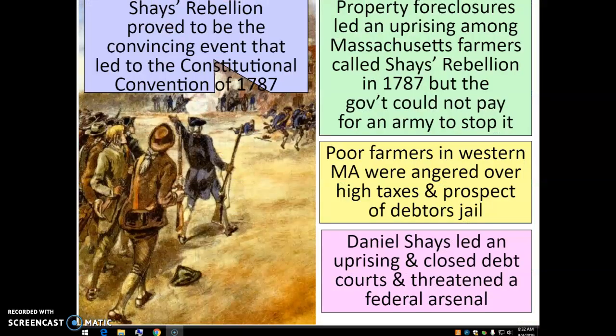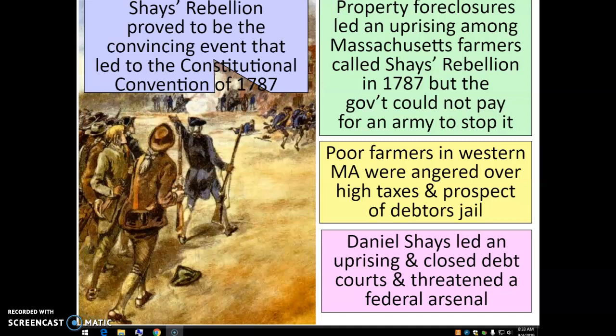And all of these problems are going to come to a true halt when Shays' Rebellion takes place in Massachusetts in 1787. You have a series of farmers in western Massachusetts who are angered by high taxes. They're in debt. They have not been paid from the Revolutionary War. They feel like they've been owed money. And they are going to protest against the government. And the Articles of Confederation has no way to fight back. It's left up to the states, and eventually the states under John Hancock are going to have to put this down, but it shows that the federal government has no power, that it needs more power.